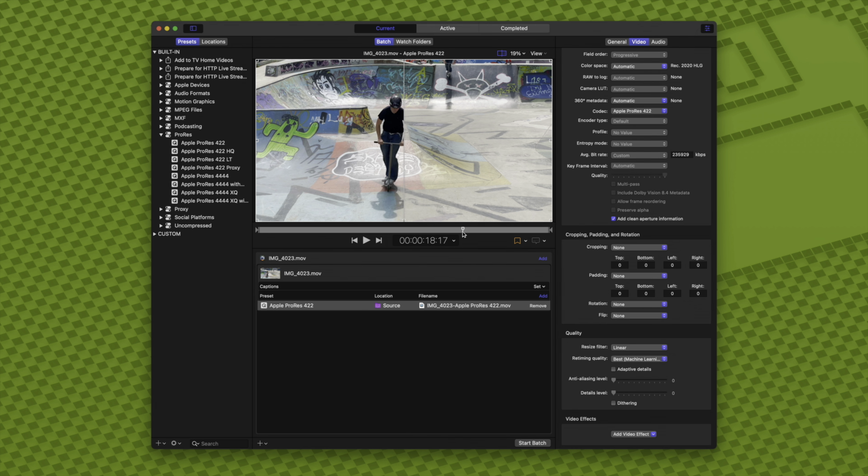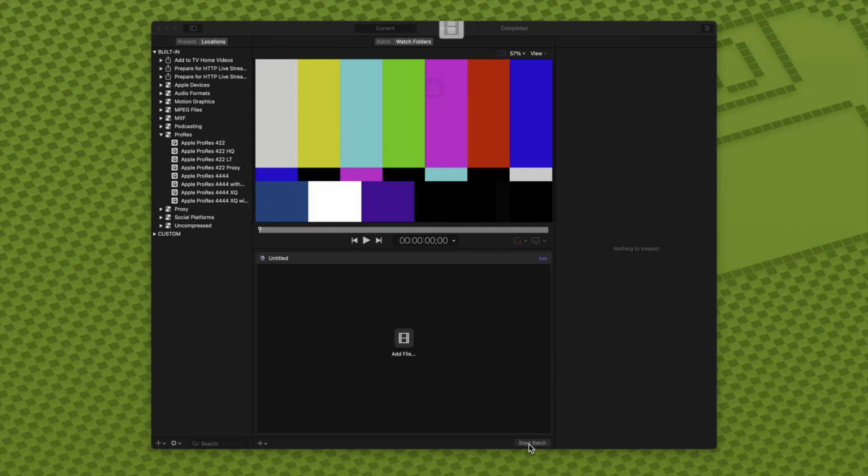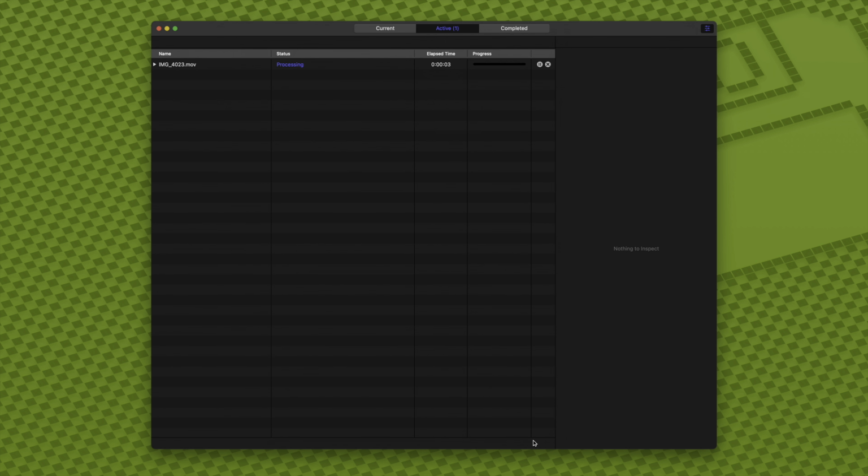The instances where I can see this being especially useful is, for example, if you have a clip that you know that you want to reduce in speed more often in a project and don't want to have to wait for the optical flow analysis and render every time you do. With this, you can simply render out the clip with the full 120 frames per second and have maximum retiming flexibility later in Final Cut Pro.